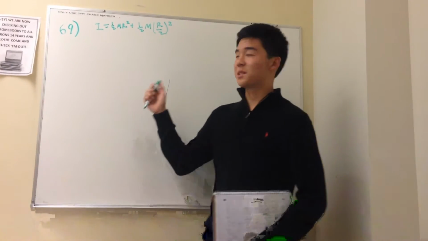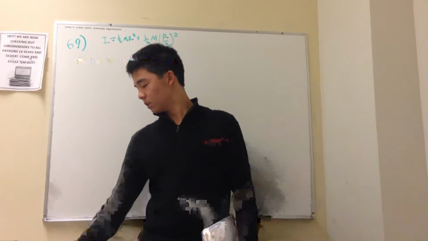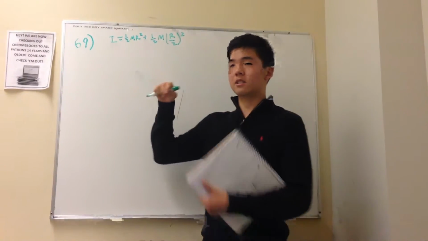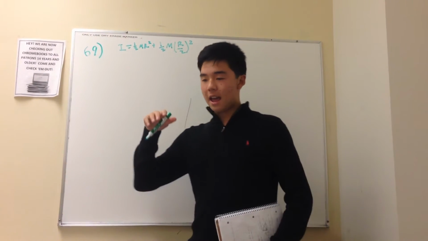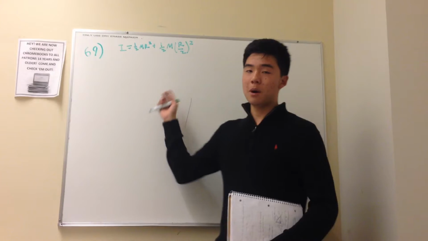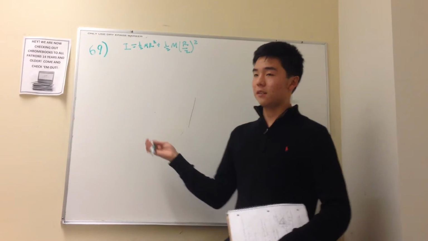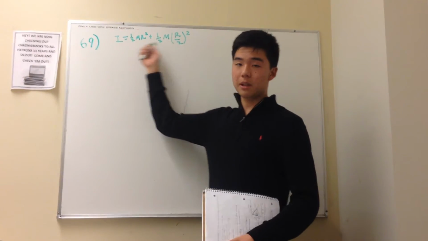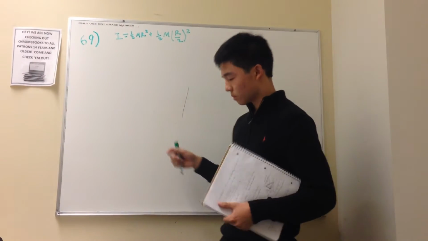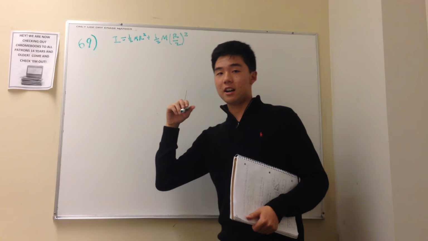Alright, so I'm going to do problem 69 of chapter 10, which is a red problem. They give you a diagram which is really hard to draw, but it's a small cylinder within a bigger cylinder, and we're going to find the moment of inertia of the combined cylinders together. To do that, you have to find the moment of inertia of the small cylinder and the big cylinder and then add them together. Now the moment of inertia of a cylinder or a disc